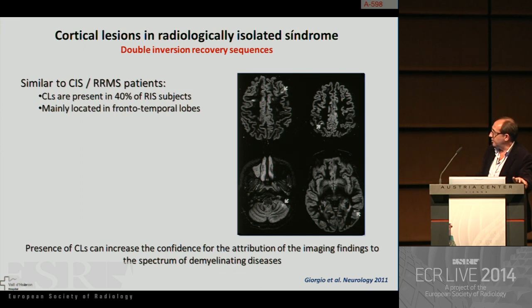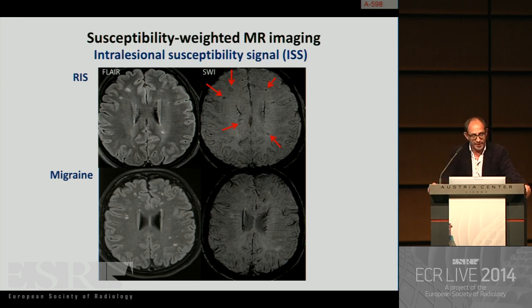So again, the detection of this type of lesions increases the confidence for the attribution of these abnormalities to a demyelinating disease. Also, we can assess the signal changes related to these lesions. These are recent data from our institution showing that in most patients with a radiologically isolated syndrome, if you perform an SWI sequence, at least 50% of the lesions will show these areas of low signal intensity with different patterns, likely related to the presence of iron inside the lesions,